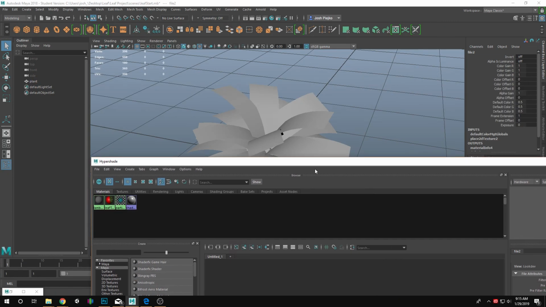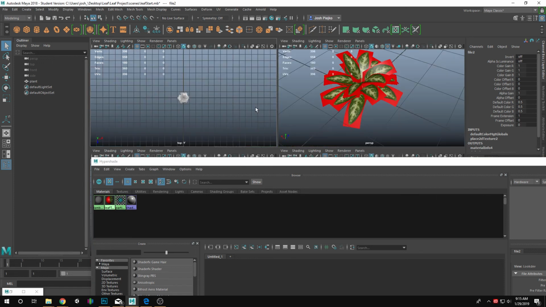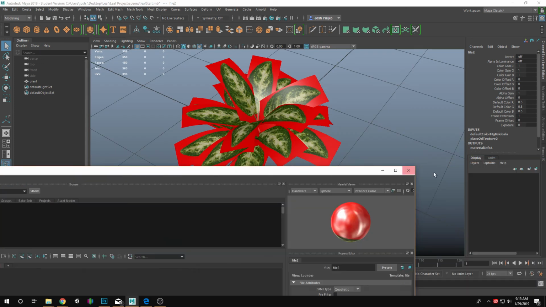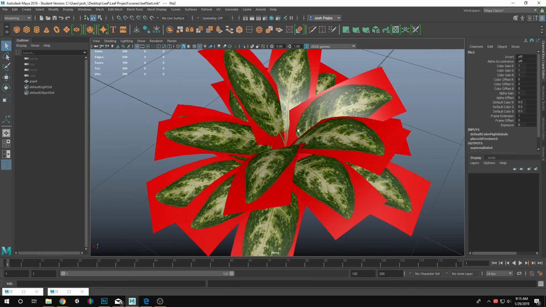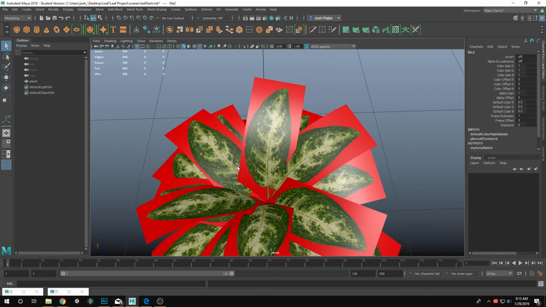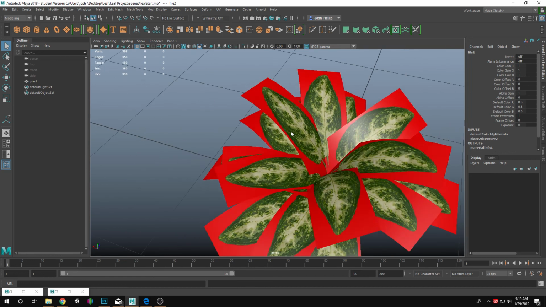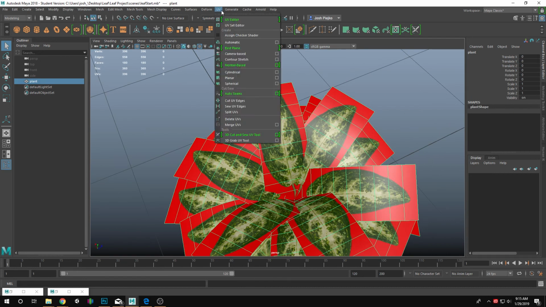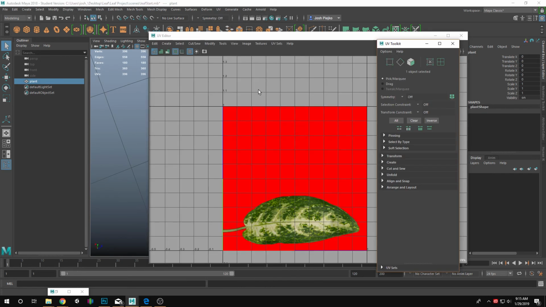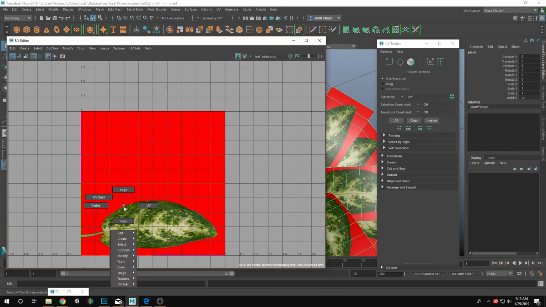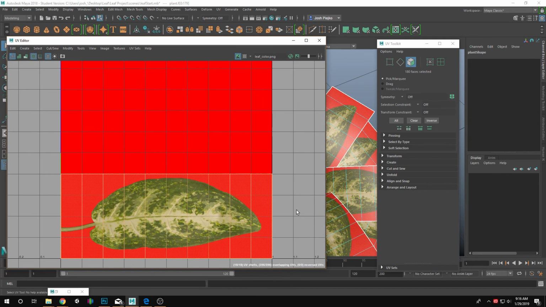Okay. I'm going to middle mouse button drag this to my image, and you'll notice I now have a bunch of leaves, but they have this red background. That's because the leaf now is sitting properly in the UV editor. So if I look at these actual leaves here, they're sitting where they need to be, but we have all